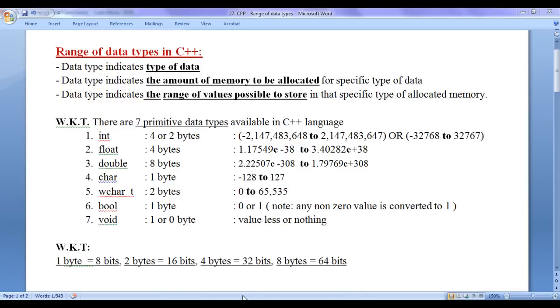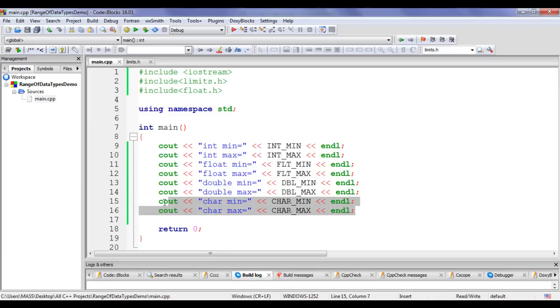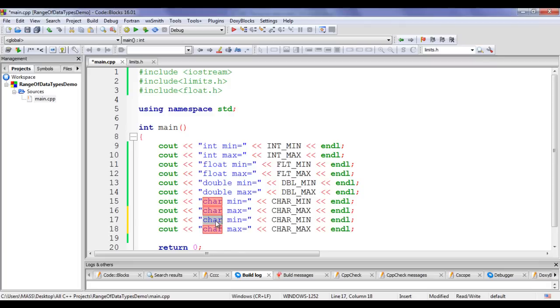Next we display for wchar_t. I am going to copy these lines of code and paste down. Here I say wchar_t. We use WCHAR_MIN and WCHAR_MAX, guys.